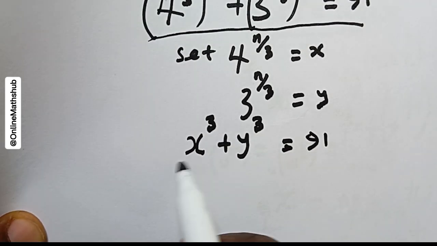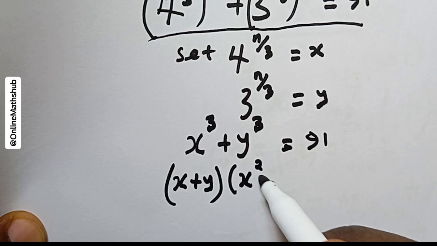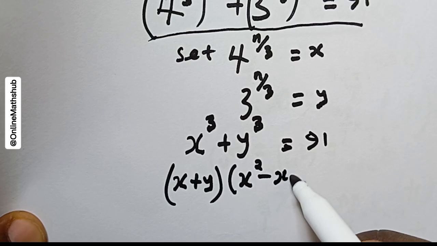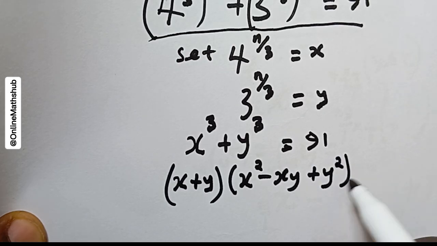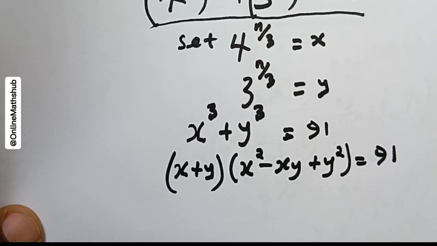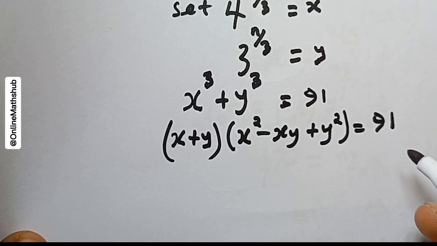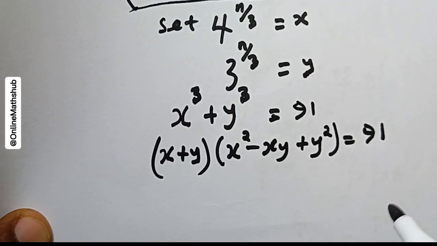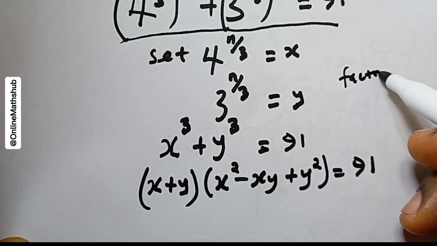And then of course, you know that the expansion for this is actually x plus y multiplied by x squared minus xy plus y squared is equal to 91. Okay, and now what I'm going to do is actually to factorize this 91 right here. So if we look at the factors of 91, let me write that here. So the factors of 91